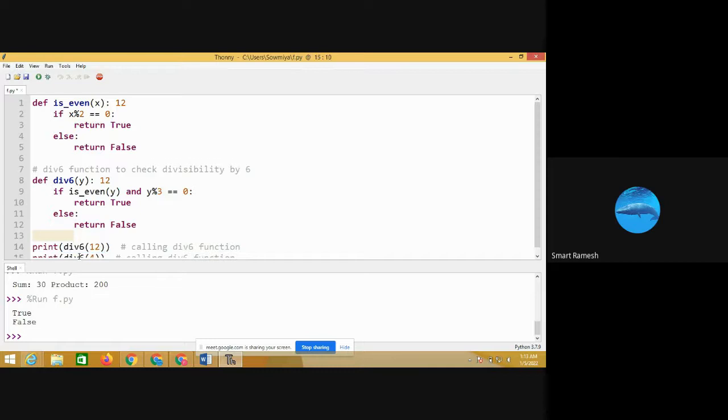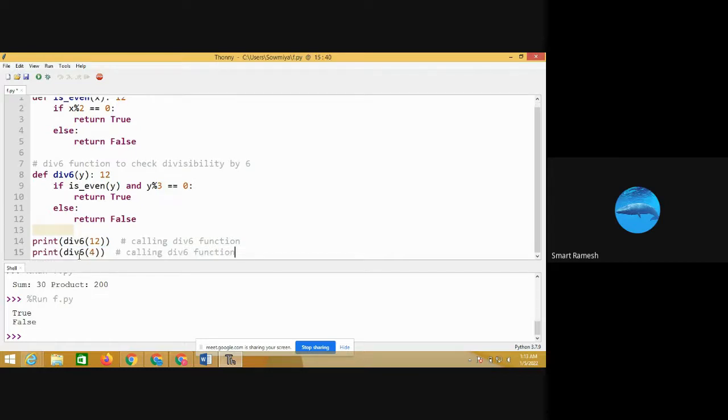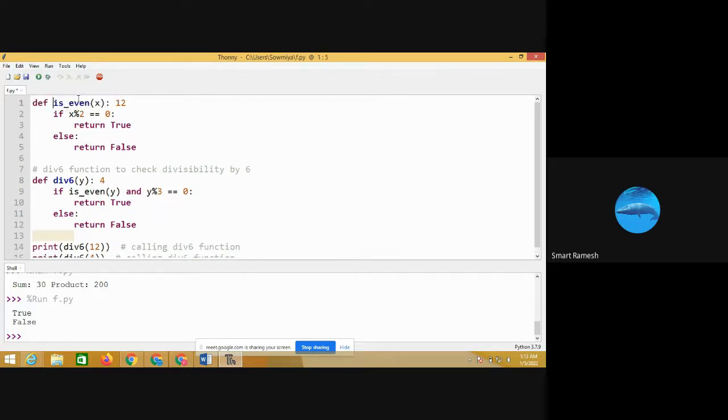Next, div6 of 4. This time what is the y value? Y value is 4. Next, I am getting inside the function, is even of 4. So I am going to call this function is even of 4.